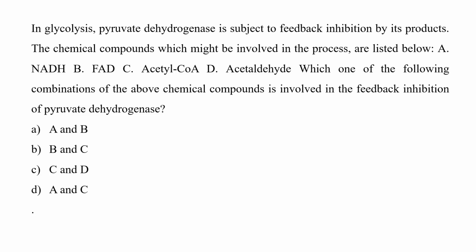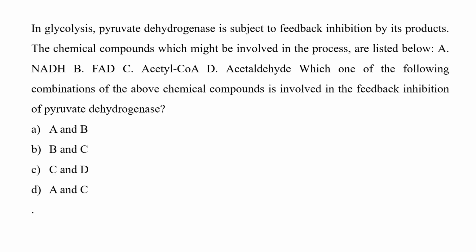In glycolysis, pyruvate dehydrogenase is subjected to feedback inhibition by its products. The chemical compounds which might be involved in the process are listed below: A. NADH, B. FAD, C. acetyl-CoA, and D. acetaldehyde. Now, which one of the following combinations of the above chemical compounds is involved in the feedback inhibition of pyruvate